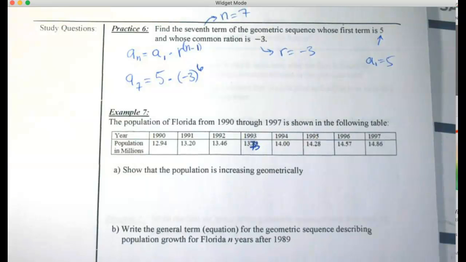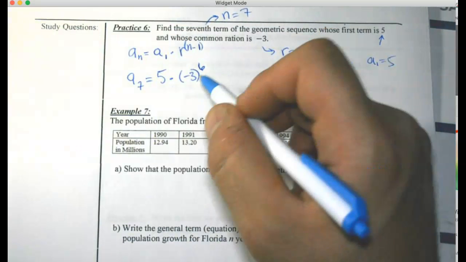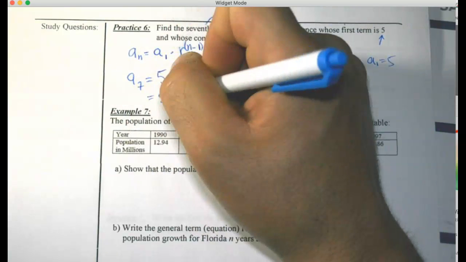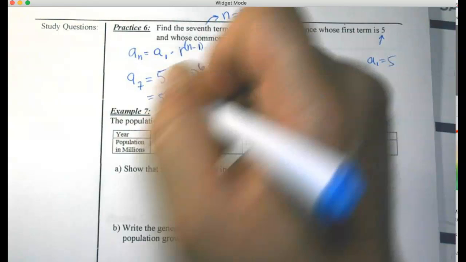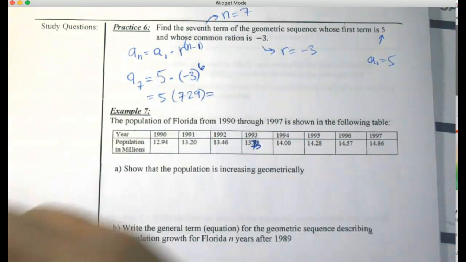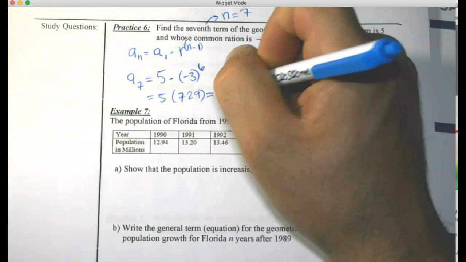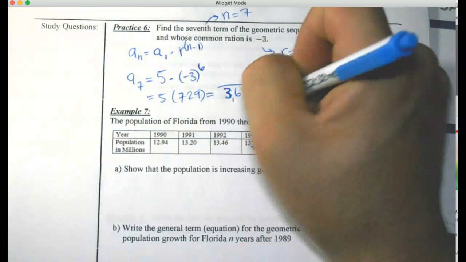-3 to the 6th power. Remember, if you're raising a negative number to a power, then if your exponent is even, the answer will be positive. So again, -3 to the 6th power is 729. So 5 times 729. So that is, again, have a calculator handy. 3,645. Again, that would be the 7th